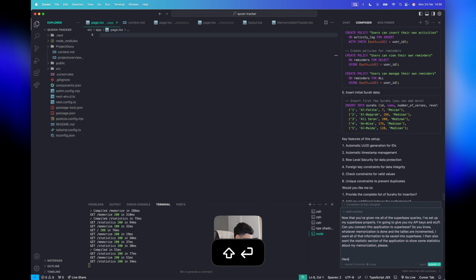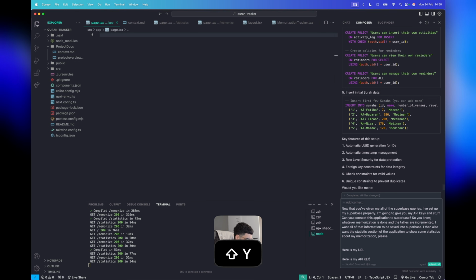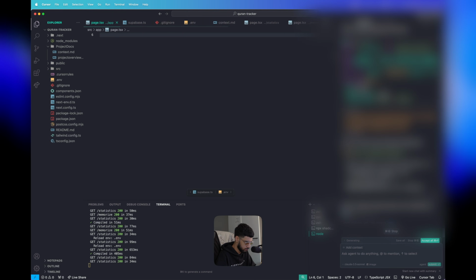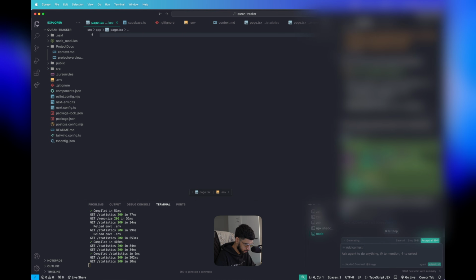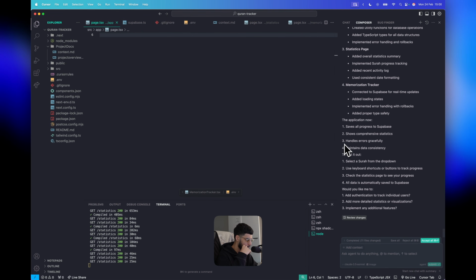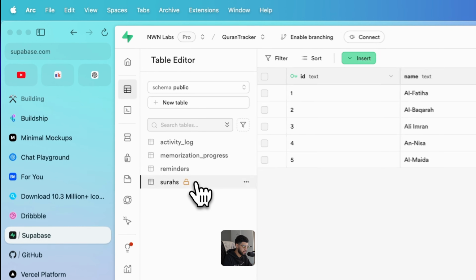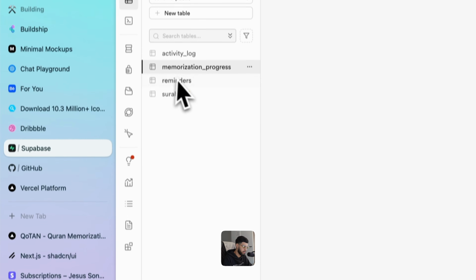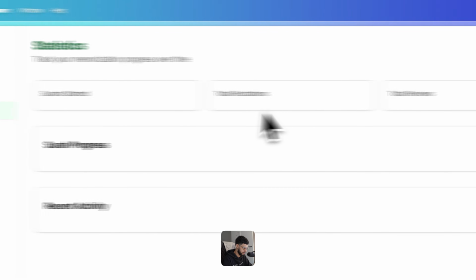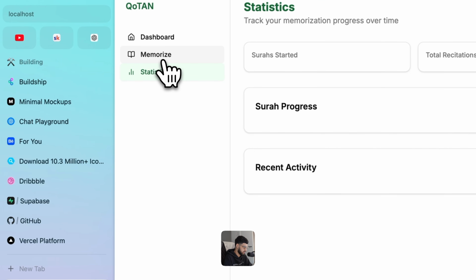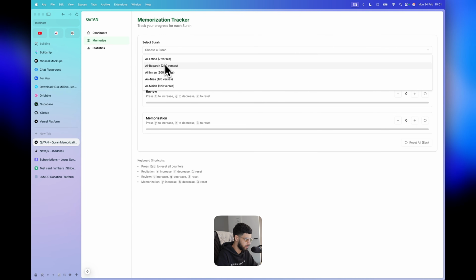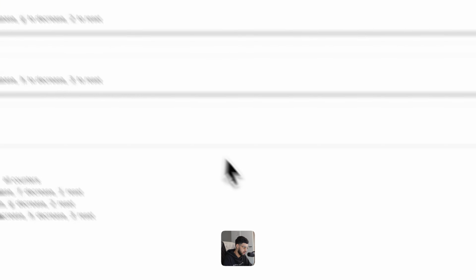Then what I'm going to do is I'm going to say, here is my URL. Here is my API key. I'm not going to show you guys, but just paste it in here. Okay, so it looks like everything is done and is set up properly. So what essentially we should see is, let's just go to memorization log or in memorization progress, go to my application. As you can see, everything is here. The statistics are empty at the moment. Okay, cool. And it's looking like it's pulling all of these surahs from the database, which is perfect. So let's say I go into Surah Fatiha.